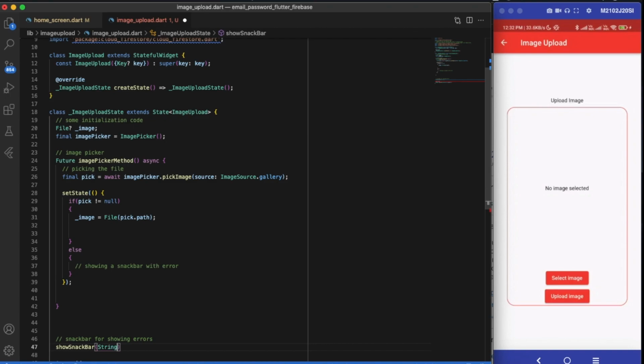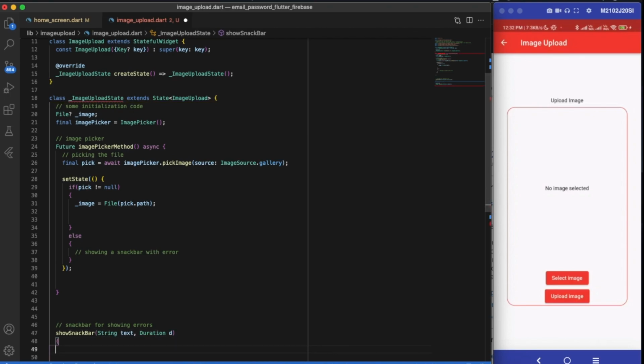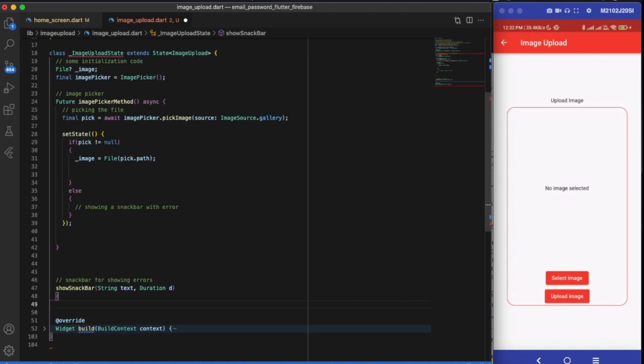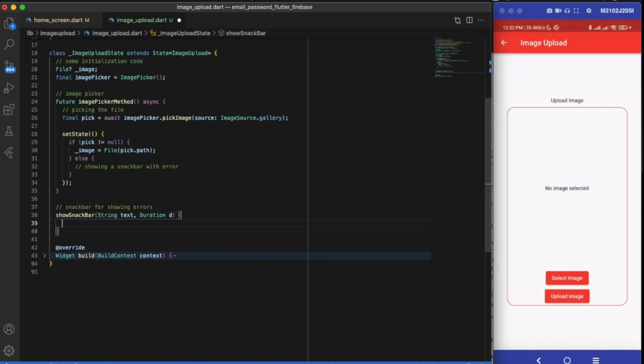First one would be the text that we want to display, and the time duration till which we want to display that. And here we'll be writing a final snack text. This can be snack bar, and the content would be text snack text. I guess we can change it to snack bar, and in place of text we can write snack text.